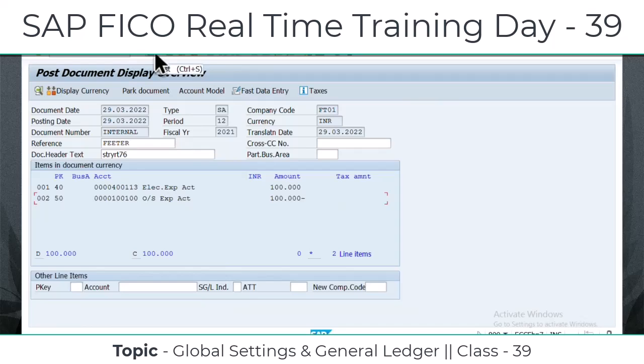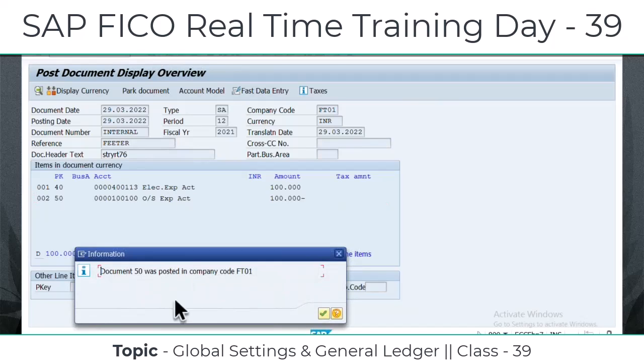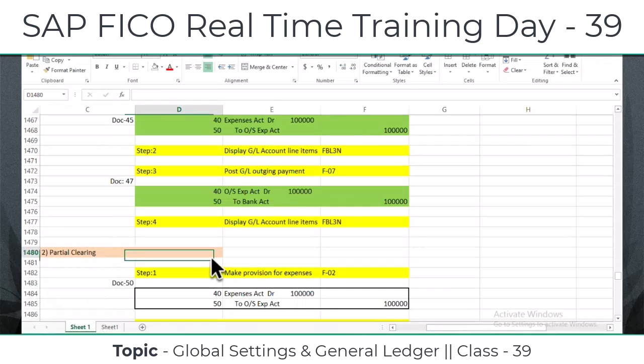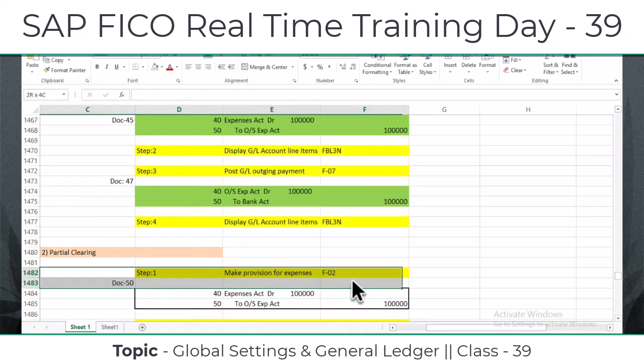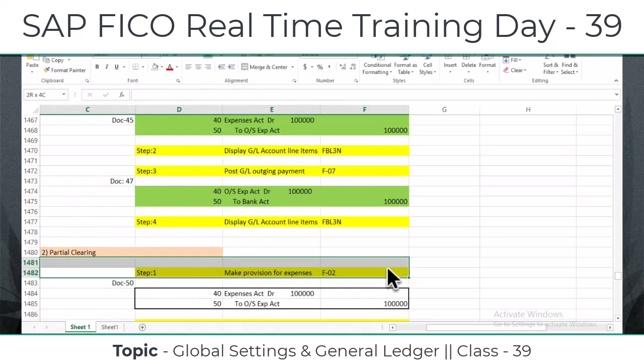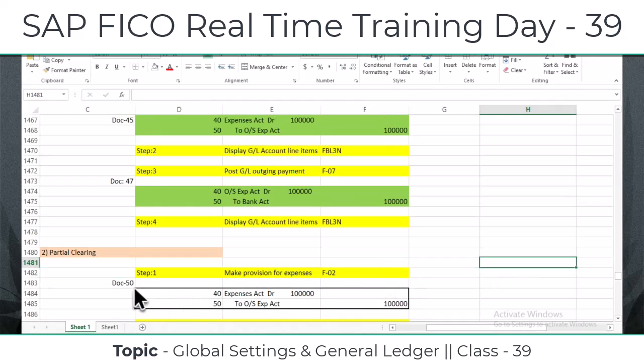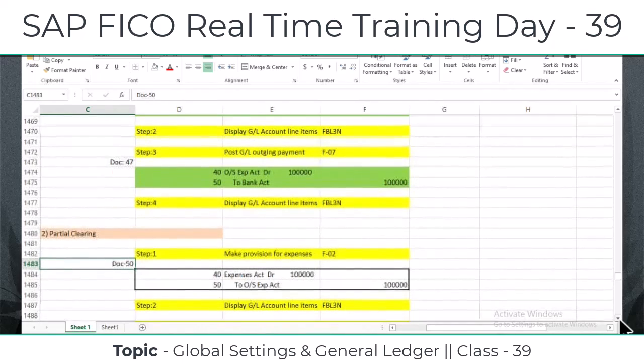Now I'm creating the open item. Save it. Okay, document number 50 was generated. So now what did you do? You created an open item by making the accrual entry like this. Next step, observe here, document number 50. Next, if I go and verify the line item report,